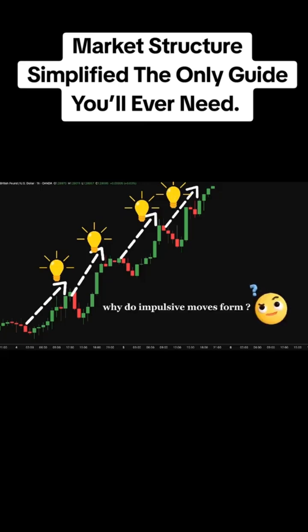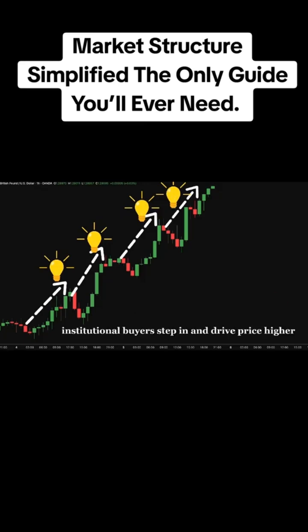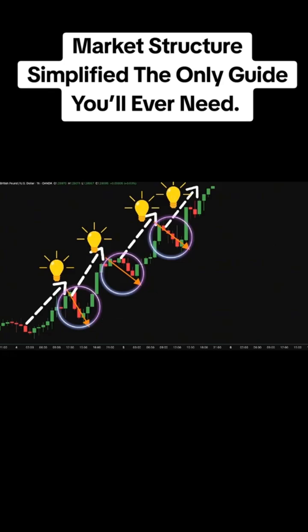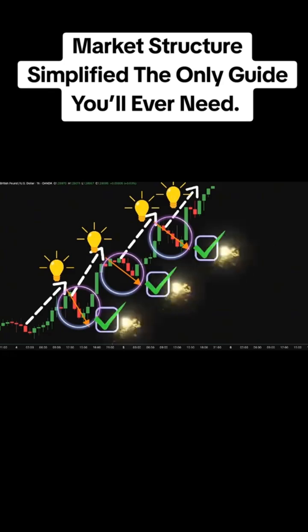Why do impulsive moves form? Because smart money, institutional buyers, step in and drive price higher. But once price reaches a certain point and buyers feel it's too high, many of them take profit. This causes momentum to pause and the market temporarily pulls back. Pullbacks. A pullback is a temporary drop in price after an impulsive move. It's not a trend reversal, it's just the market cooling off. Eventually, when price pulls back to a level that buyers find attractive again, they step back in and trigger a